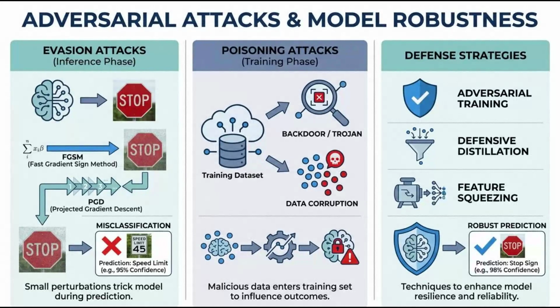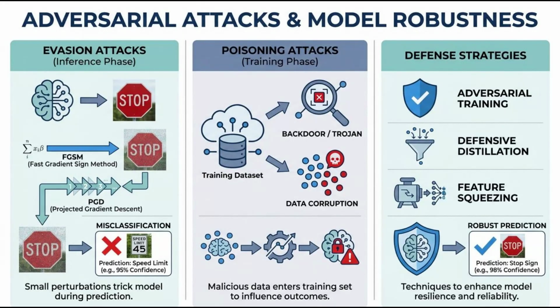Machine learning models face two main types of attacks that can compromise their reliability. During deployment, adversaries can subtly manipulate input data, like slightly altering a stop sign's pixels, to trick the model into making wrong predictions, a technique called evasion attacks. But the threat doesn't stop there. Bad actors can also poison the training data itself, corrupting the model from the ground up before it ever gets